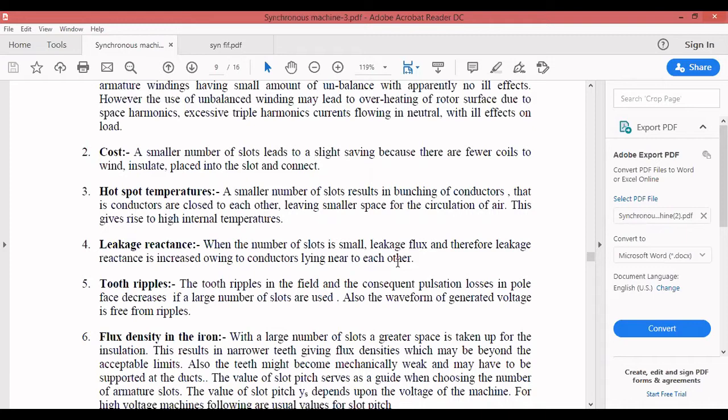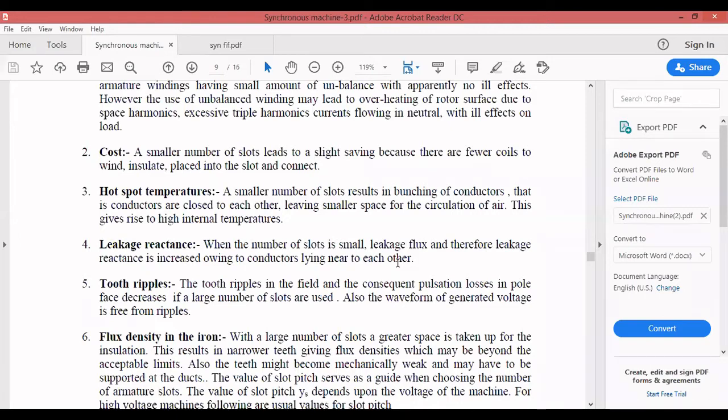Leakage reactance will be more. That should be avoided. That leakage reactance is not helpful for what is needed. It will be localized within the slots, and it is not used for making the rotor rotate. It will not even go into the air gap flux, and from the air gap flux it has to work on the rotor.